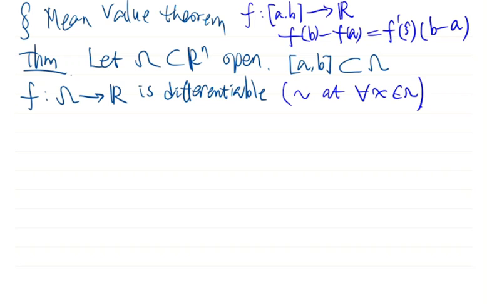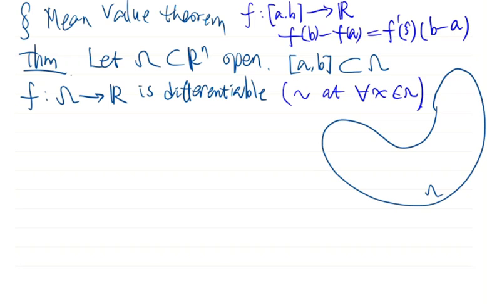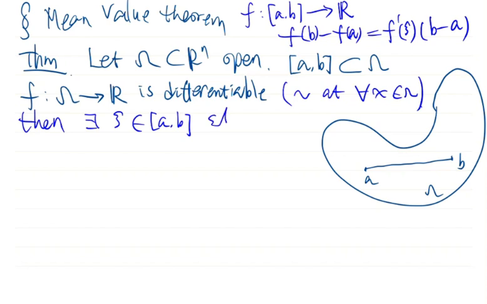So what can we say? Here is an omega, and a segment with endpoints A, B, and the segment is contained in omega. Then we want to compare the value of f at the endpoints of this segment. So the conclusion is that there exists a c in the segment such that f(b) minus f(a) is